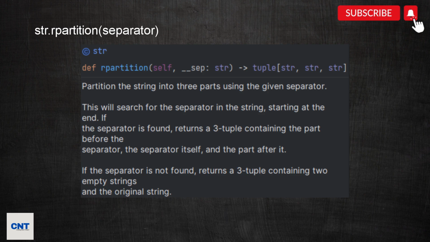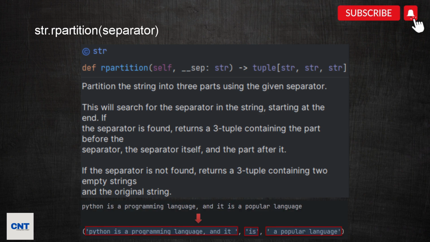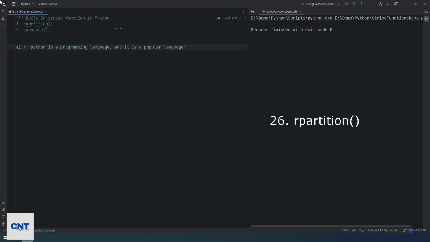The rpartition function searches for the last occurrence of a specified separator and splits the string into a tuple containing three elements, right? You know tuple. Tuple is a built-in type in Python. I have one string with me: Python is a programming language and it is a popular language, right? If I print it,